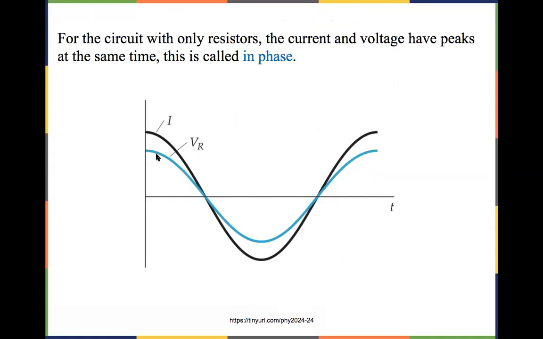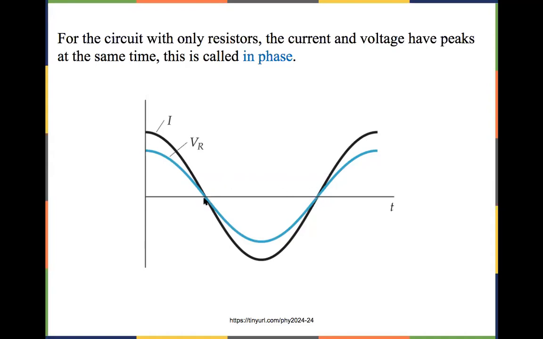Sometimes your resistance is small, so you can have larger current in magnitude versus the voltage, and if your resistance is larger, then you usually get a larger peak V. But anyway, if you look at the two curves,